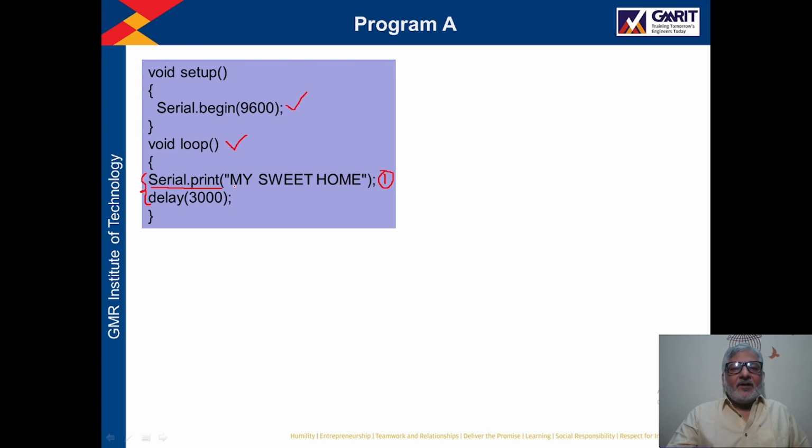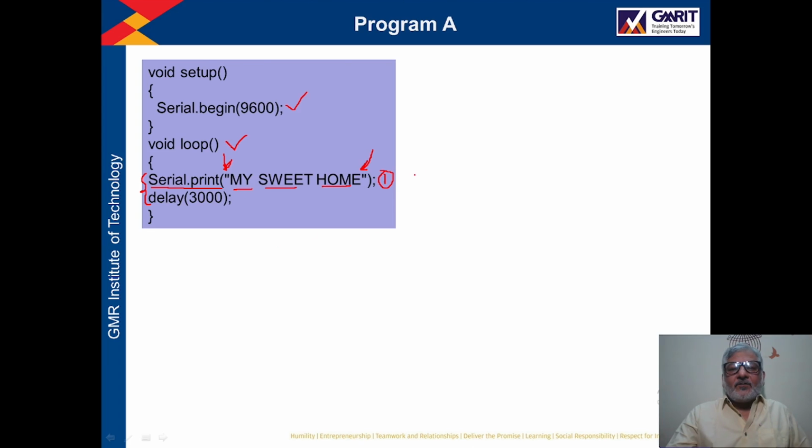Whatever message we want to print, we have to enclose inside double quotes, and the whole message is placed inside the bracket. Here I have written "my sweet home". This will be printed on the computer screen.